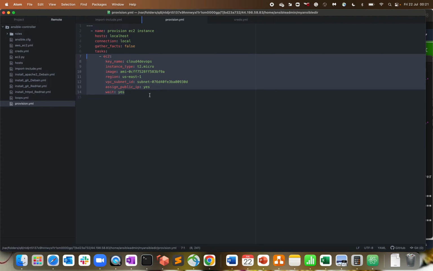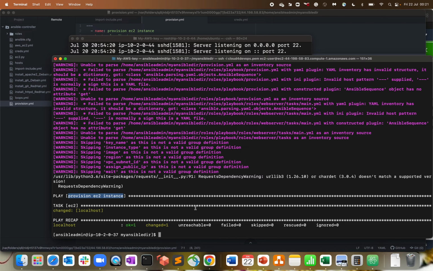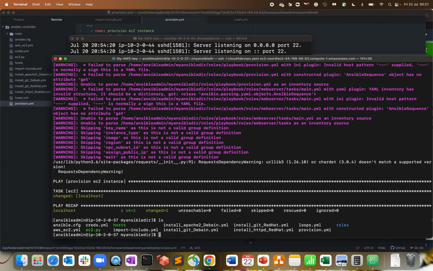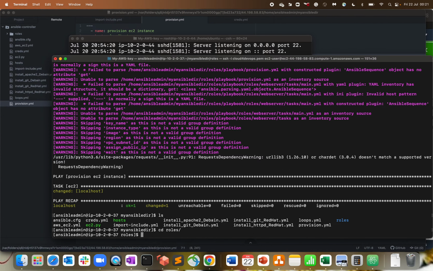Now I'm going back to the concept of role, where we created the master.yaml file and main.yaml file for our entire task, handler, or the variable section. So let me go back to my terminal. Here, let's do ls first. We have something called roles. Let's go to the roles directory, and if I do tree